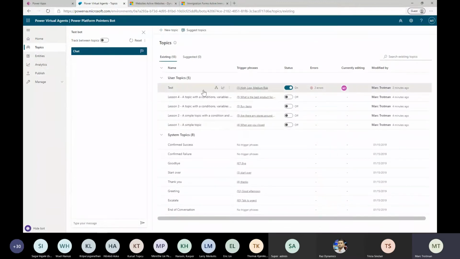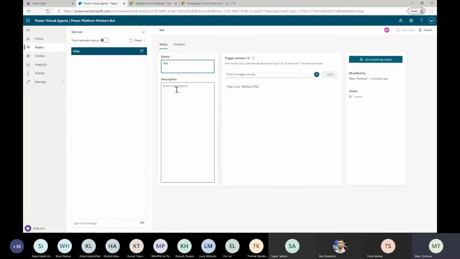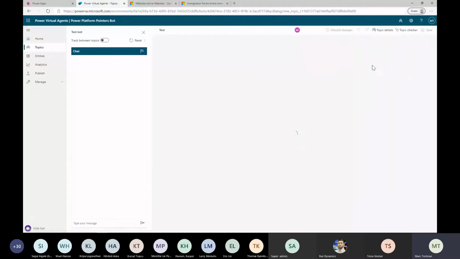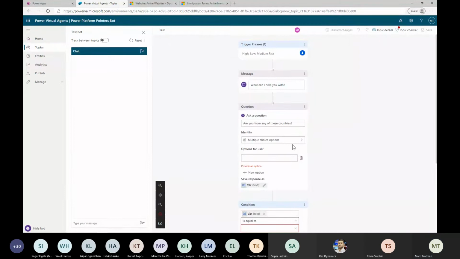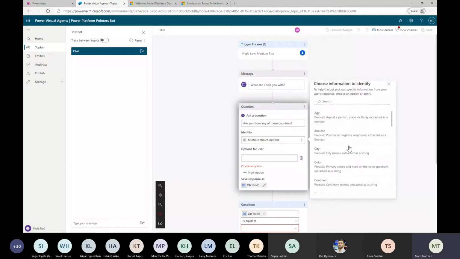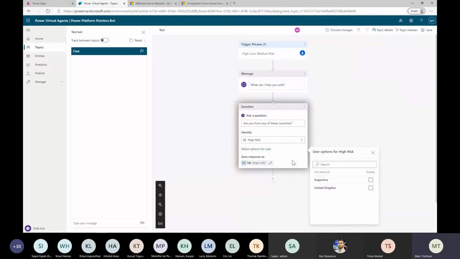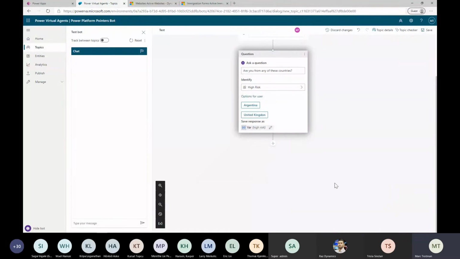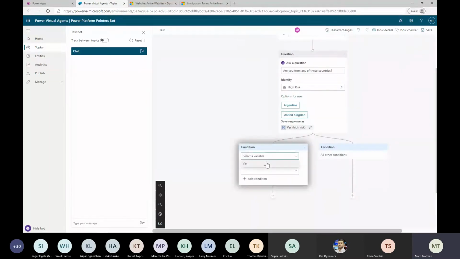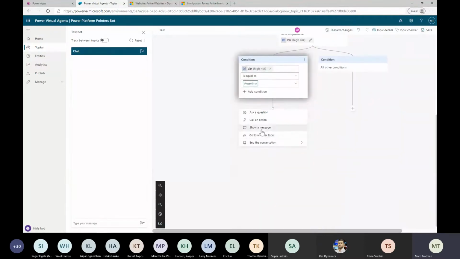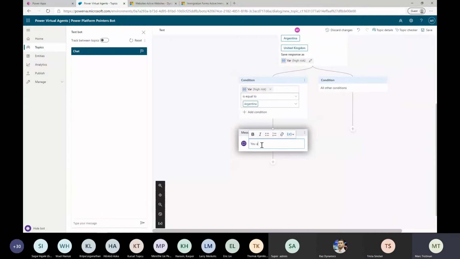Okay, so I'm going to go back into the topic and go to the authoring canvas. And right here, I should be able to see high risk. Then I want to allow people to select those options, and then I'm going to add a condition. If the person, which is the variable here, is Argentina, I'm going to show a message saying you are from